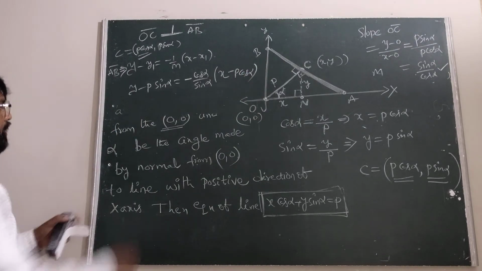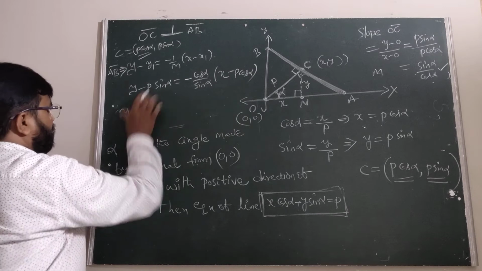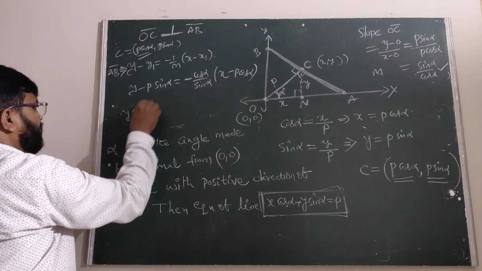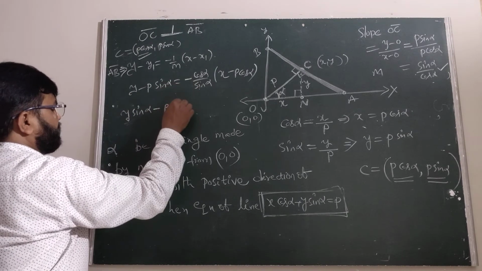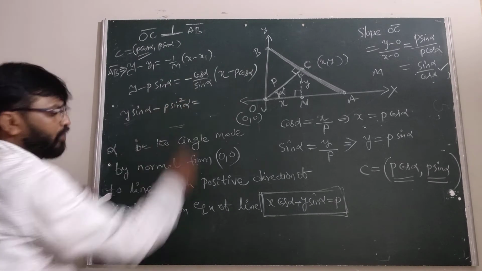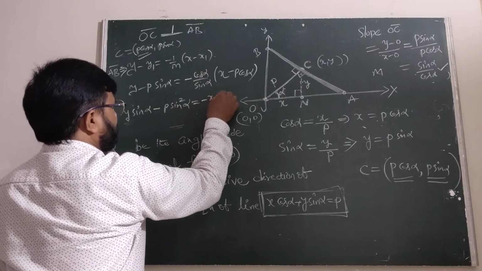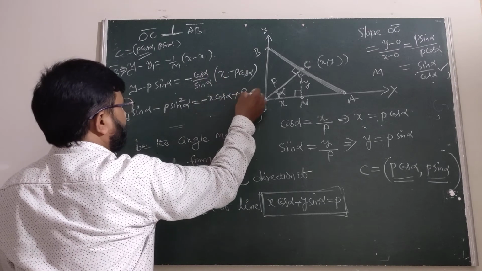Is it clear? Now multiplying with sin alpha, we get y sin alpha minus p sin square alpha, minus x cos alpha, minus into minus plus